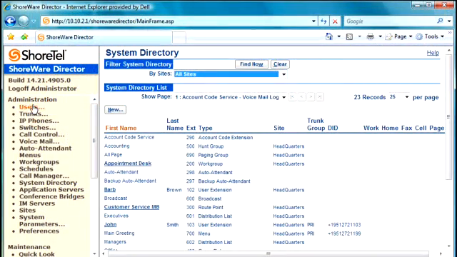Here we're finally at the end of this section of training in the administration section. And we're going to look at what we call a system directory. If we look down in our list, we're going to find the system directory right under Call Manager. Click on it, and now we're going to get an entire list of every single extension that is programmed in